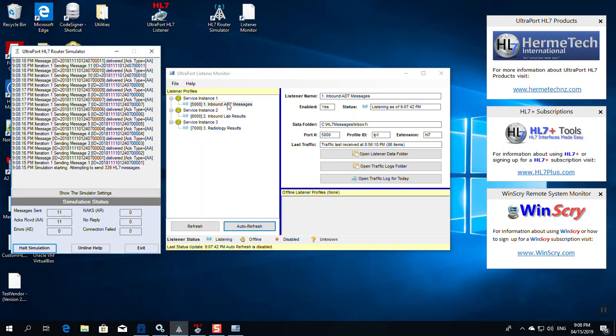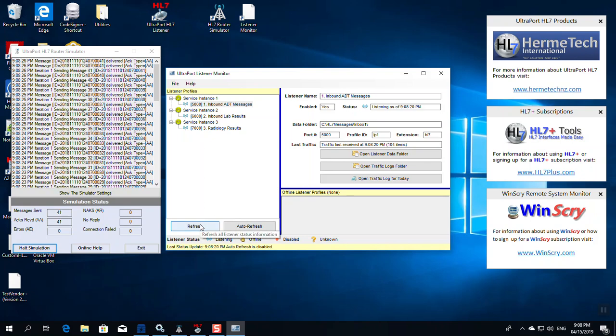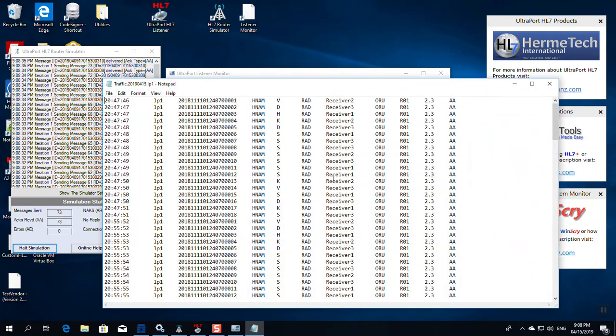So now, clicking here and refresh. Now it's got 104 items and the traffic time has advanced. Do it again, same thing. Now the traffic log, you can get a lot of information out of it. If you open the traffic log up, it'll just pop open your default text editor and it'll show you the